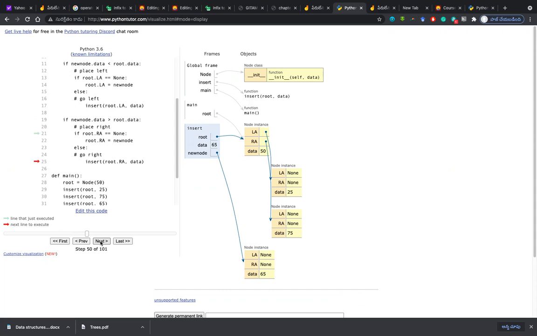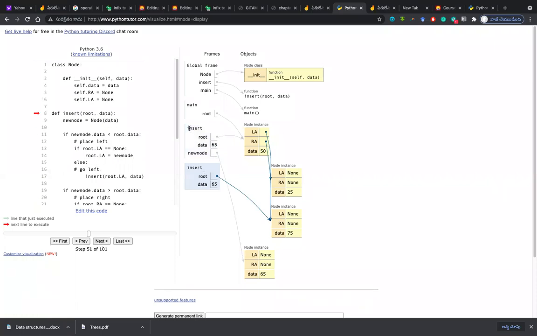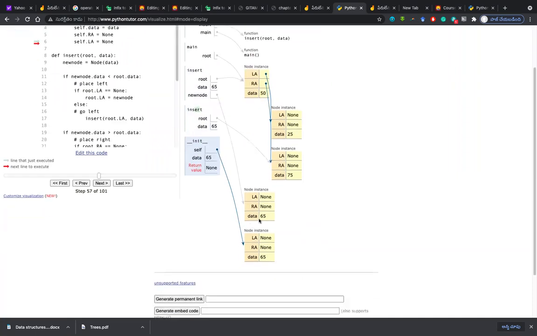So it is again insert. So you see another insert function will be called. You see here, this insert is there with root holding the root main, but this insert is there with root holding the root's right. 75, sir. 75. Okay. So now again another new node is created. This is where another mistake that we are doing. 65 unnecessarily is created in the before function in this insert, and again it is created now newly, you see.